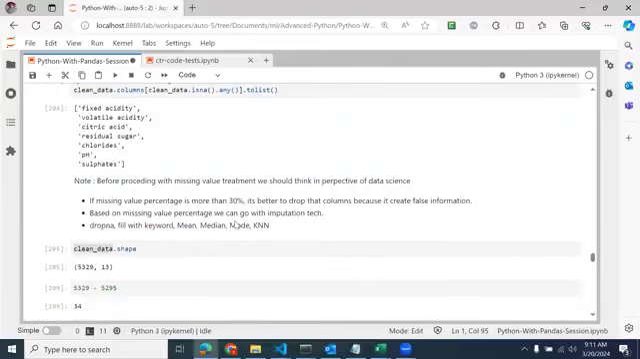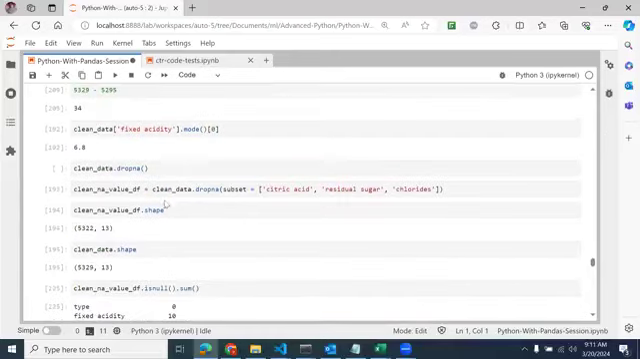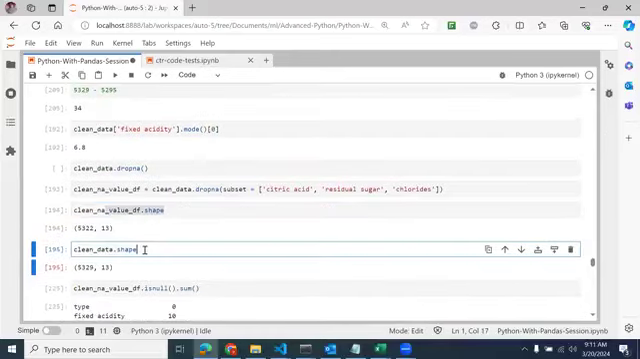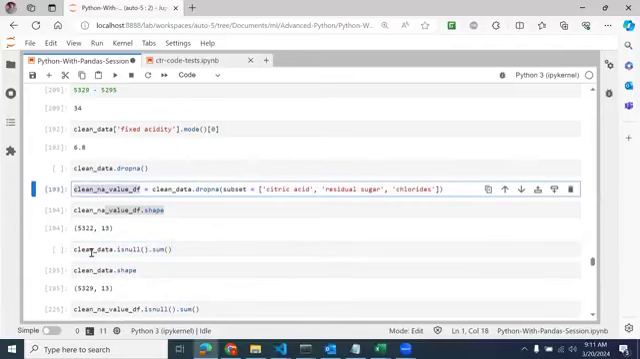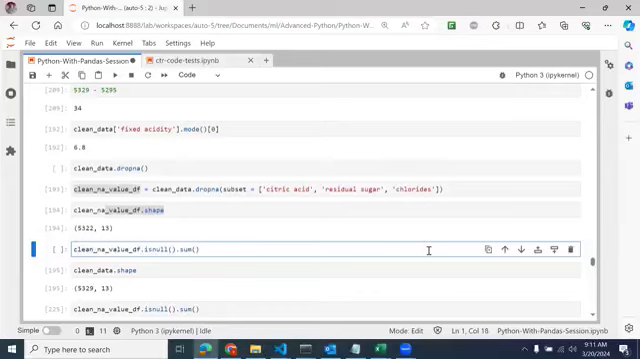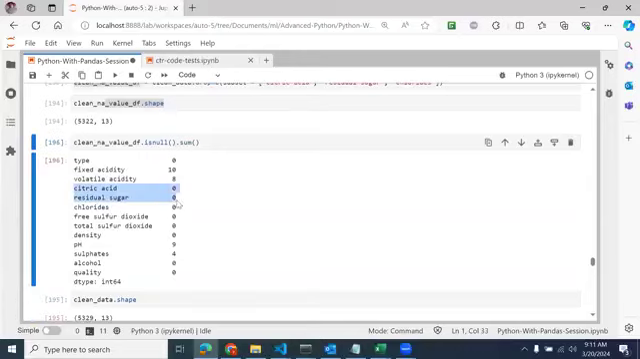Let me execute this line of code for our clean data. Clean data. So now you can see the missing values count is 0 for citric acid, residual sugar, and chlorides, because we just dropped the NA values. So now imputation for these columns is done. Next,